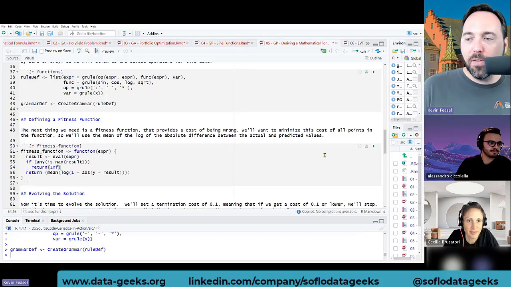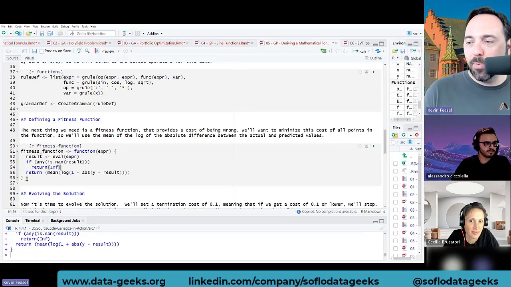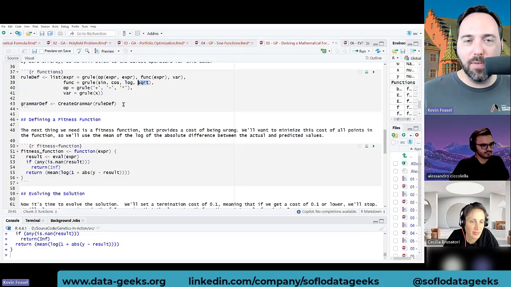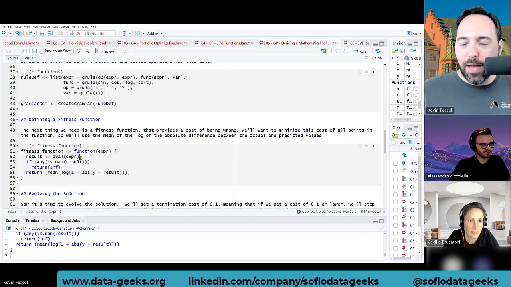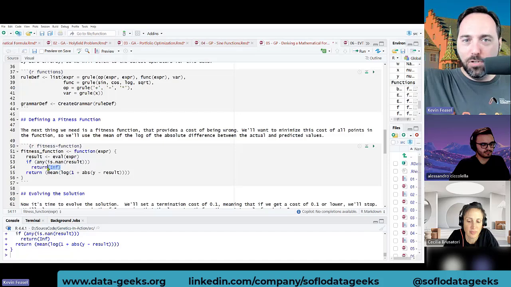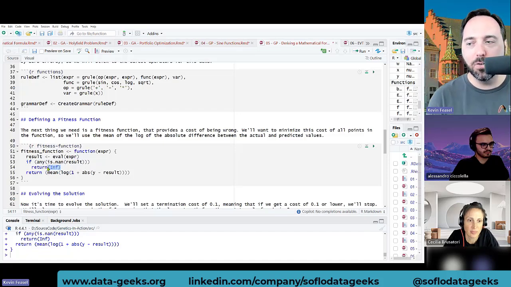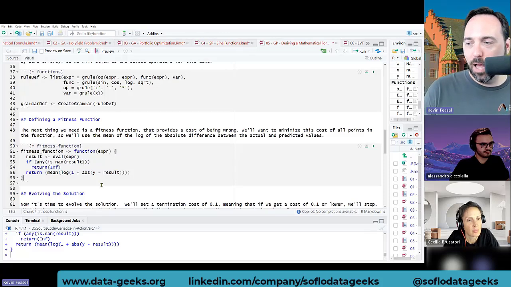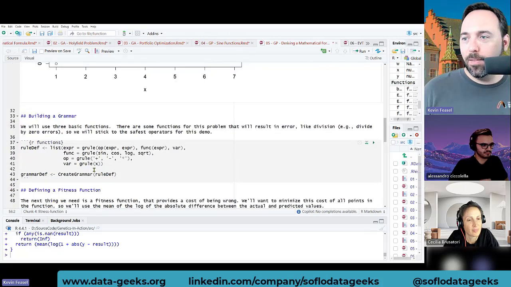And then I need a fitness function. So my fitness function, I'm going to point out that if I get not a number, like if I try to take the log of a negative value or the square root of a negative value, that's not going to work. So if I get not a number, you're infinity. You are so far off, you're never going to be a solution. Otherwise, give me the mean of the log of 1 plus the absolute value of y, which is my actual value, y,